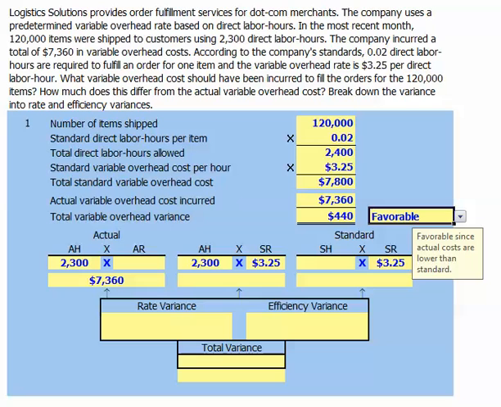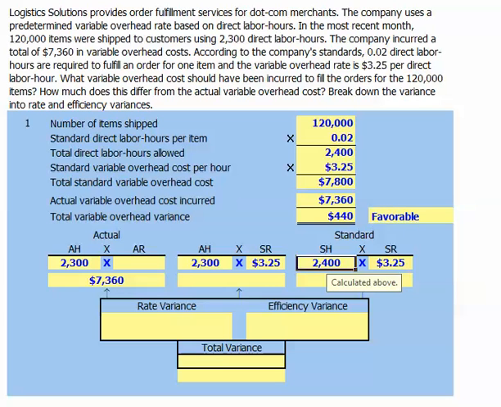Again, we're going to compare actuals with standards. Let's begin by picking up our standard hours allowed, which we just calculated above at 2,400 standard hours, and that was our 120,000 items times 0.02 direct labor hours per item. We're also going to back into somewhat of an actual variable overhead rate. It's not truly a rate that we pay, but